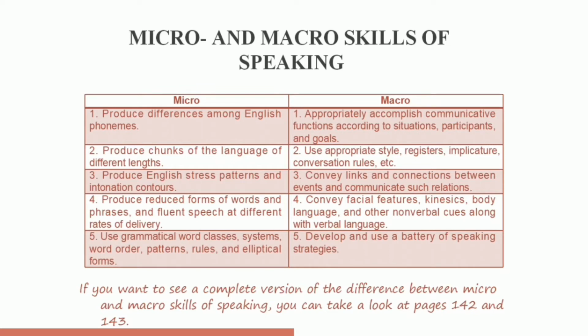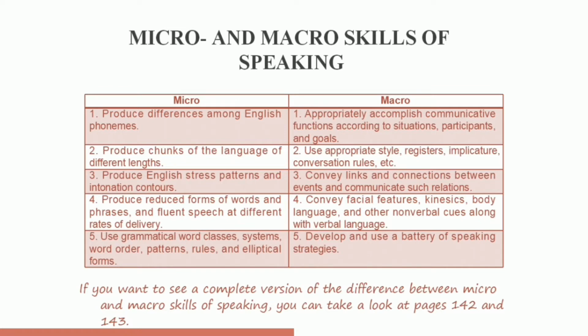Chunks are groups of words that can be found together in language. Third is, produce English stress patterns and intonation contours. So, stress patterns can be main stress or unstressed sounds, and intonation contours is pattern of pitches, tones, or stresses